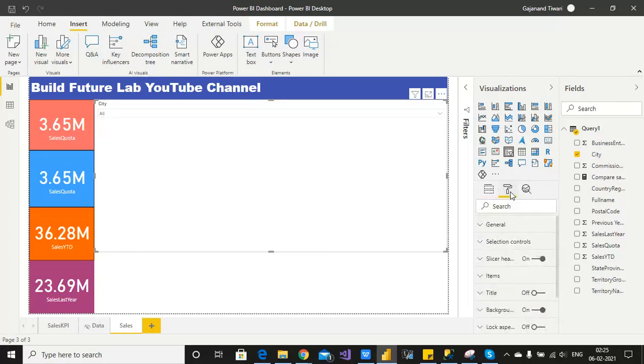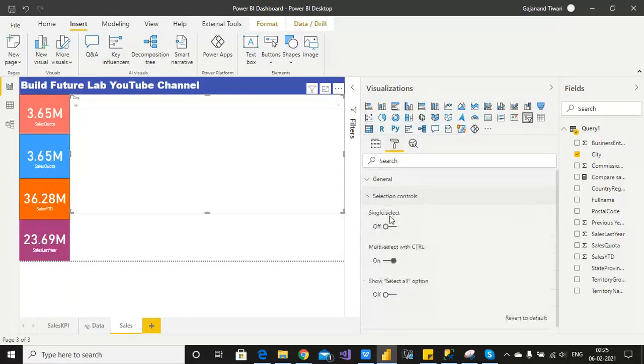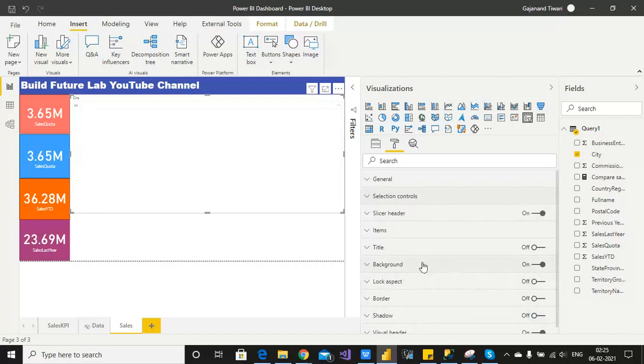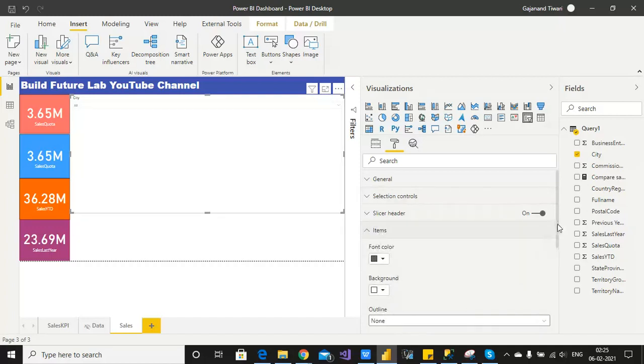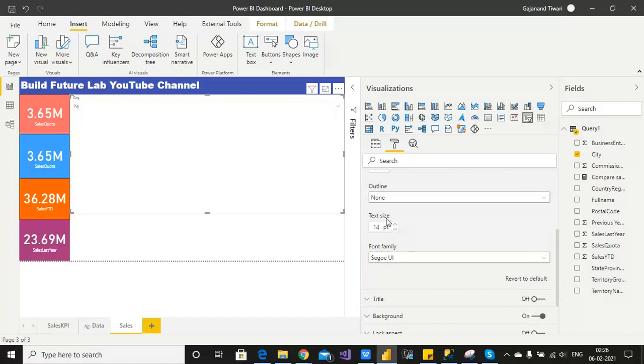For this, let me explain a little bit. Go to the selection control. I already explained it in the last video, you can check it. Also turn on select all. Why am I selecting it? After that, it will display the select all option here. Let me show you the item size to be changed to 20.